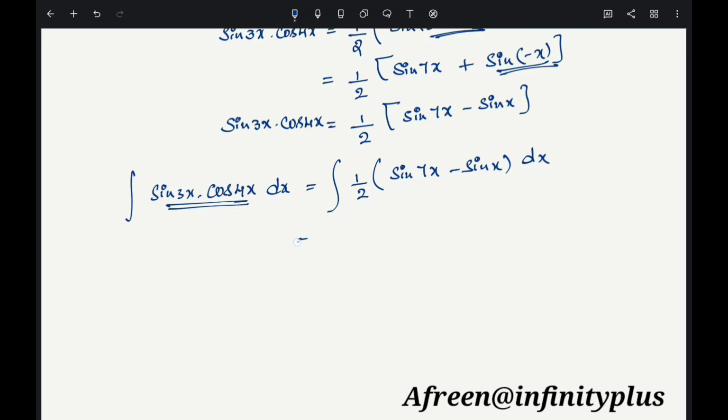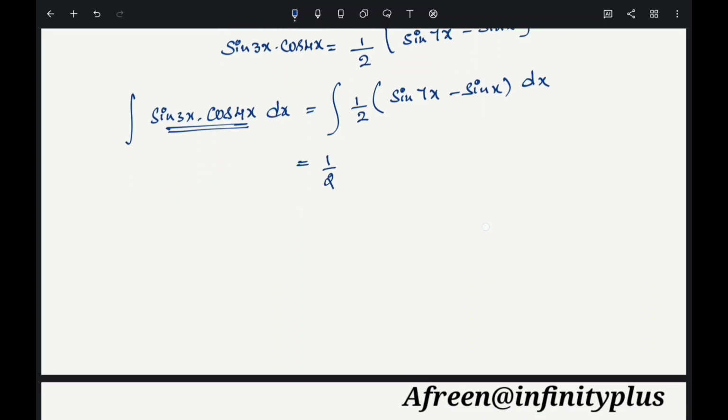You take the half outside of the integration as it is the constant here. Now integrate both the functions separately. So you will get the integration of sin 7x is minus cos 7x divided by 7. And next, minus will be as it is, integration of sin x is minus cos x